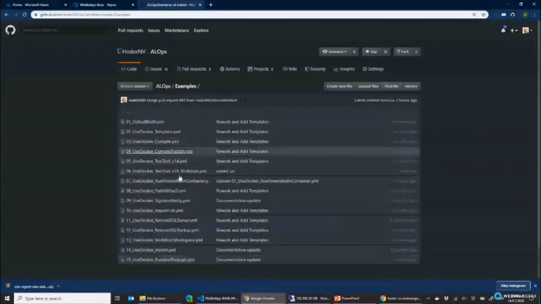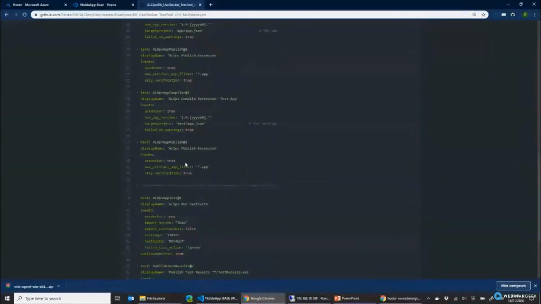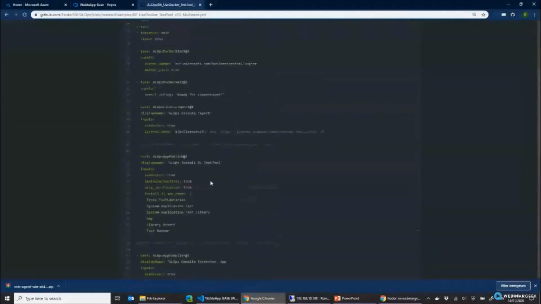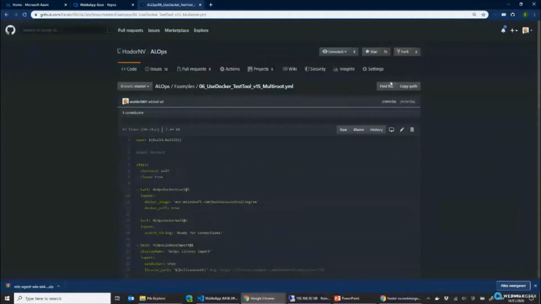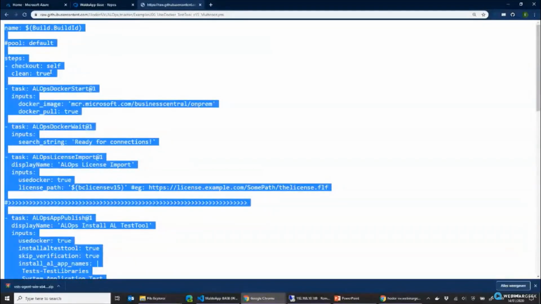All right, let's switch back. So as said, I would like to start from this one. You see, this is a complete YAML that we will dive into a little bit. But yeah, first of all, this is a template. So let's take the raw one and copy